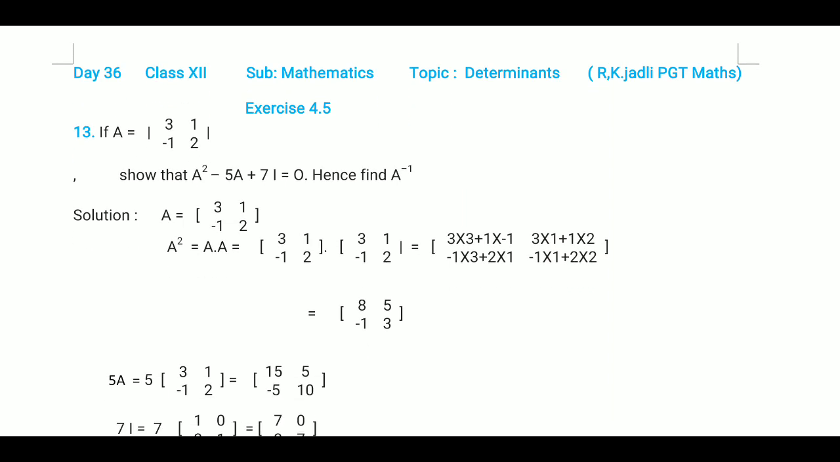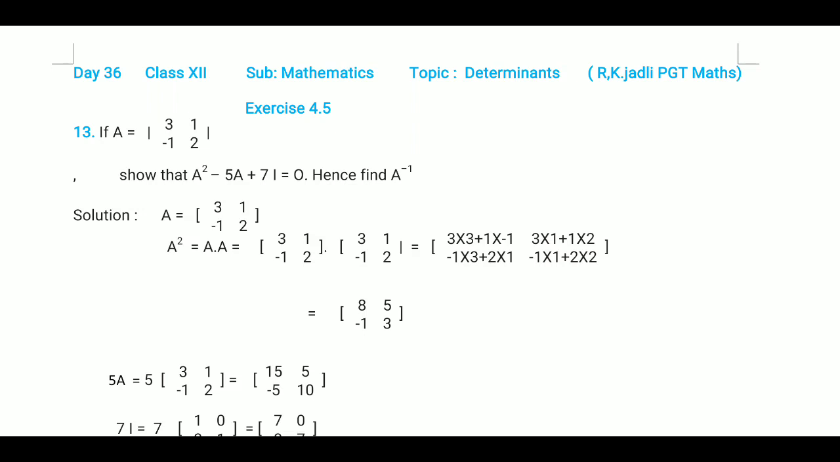Now first find A square. A square means A into A, that means matrix A multiplied with matrix A. So by the matrix rule we will multiply row to column. The first row will be multiplied with the first column and adding correspondingly we get the first row first column element. The first row will be multiplied with the second column, and adding we get the first row second column element,